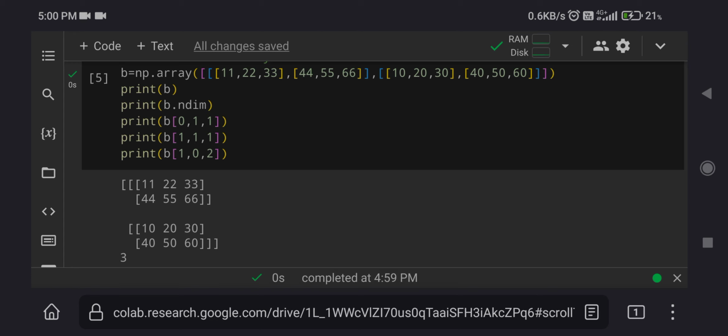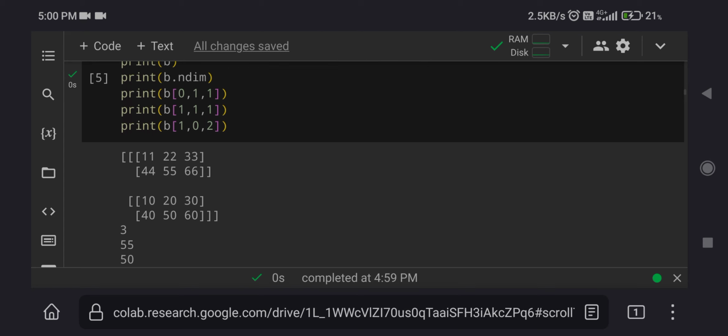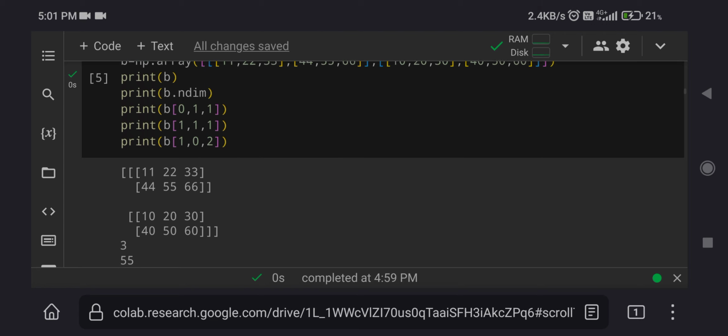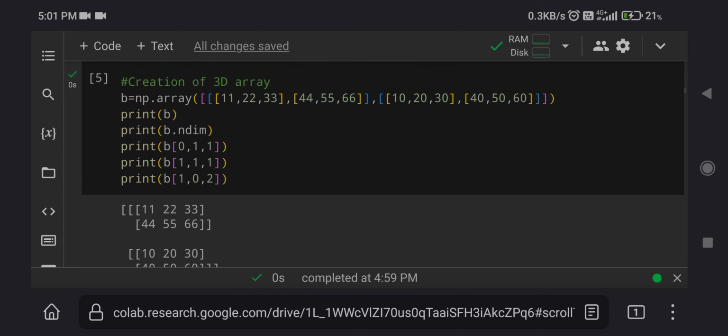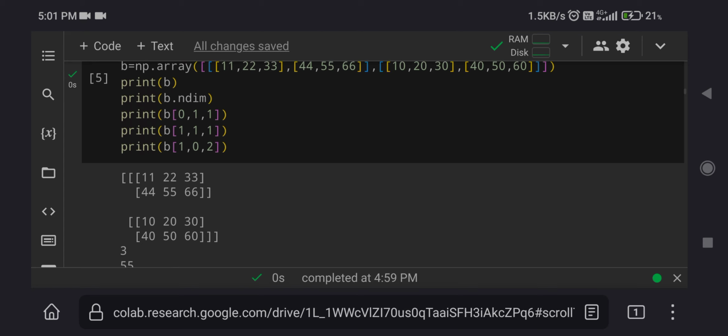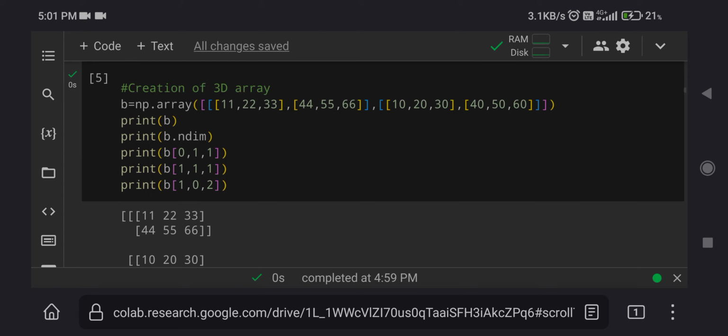Then 22 is 0 comma 0 comma 1. Then 33 is 0 comma 0 comma 2. You can see you can print in this way also. If I print 0 comma 1 comma 1, then 55 is printed.